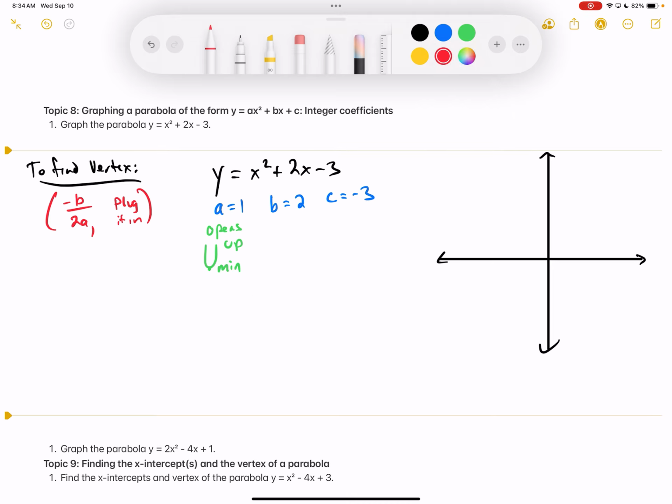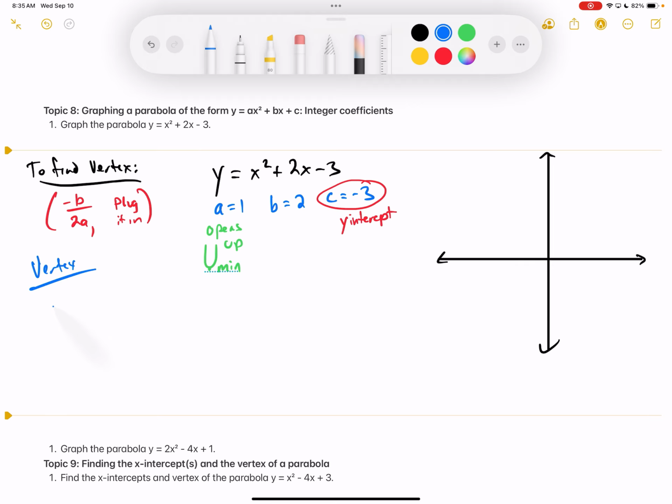Other things you can look at by just looking at it, this number right here is always your y-intercept. Because if I plug a 0 in for x, that always becomes my y-intercept. You don't have to do those things, but it's just nice to learn everything about it right now. All right, so to do the vertex,